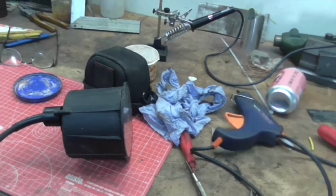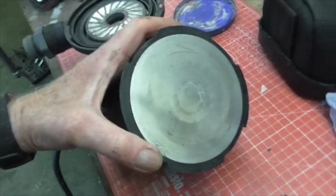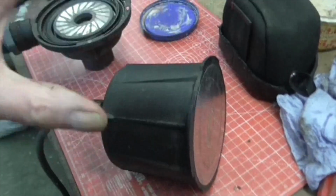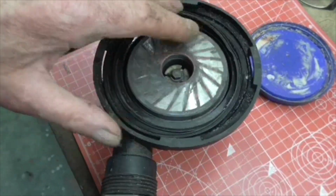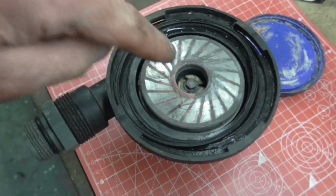Right folks, job number 2 is not so simple. This is a surface drive submersible pump. All the electrics are sealed in here, and it drives very much like a central heating pump through this rotor here. Well, it's sticking and making a high-pitched squealing noise, which could be the bearing in here, but